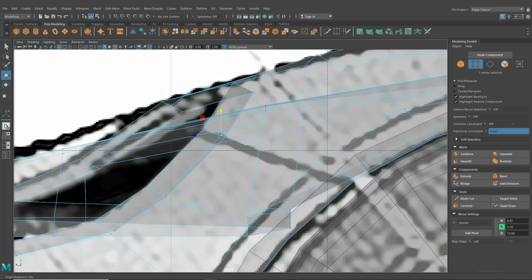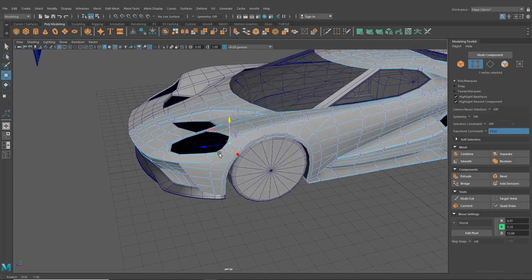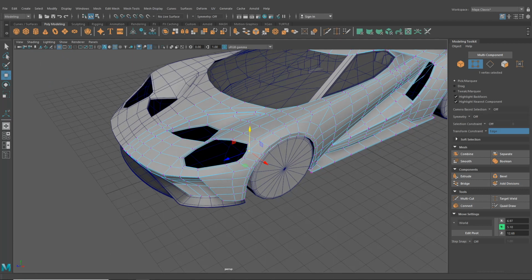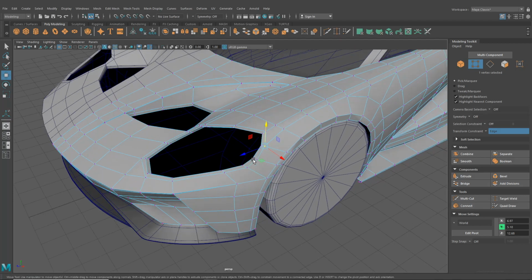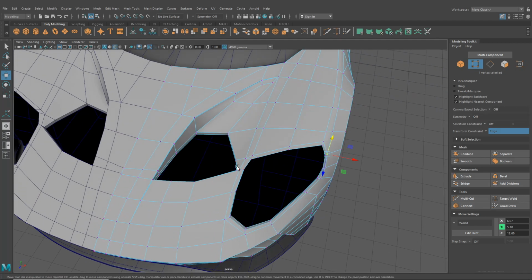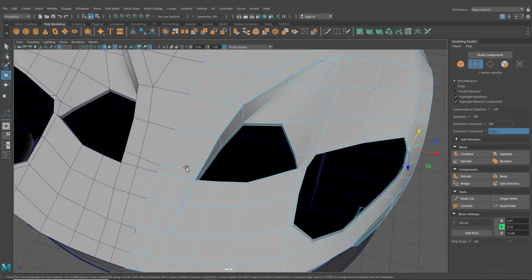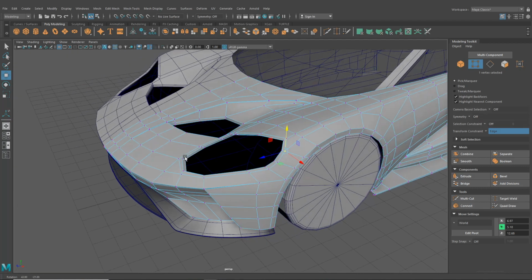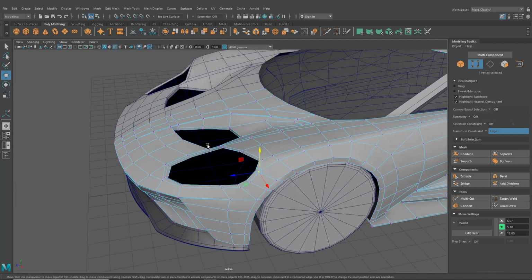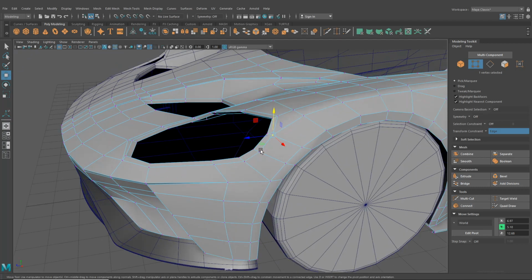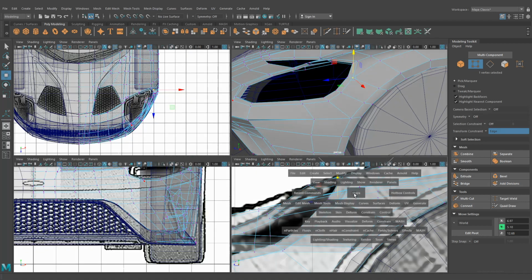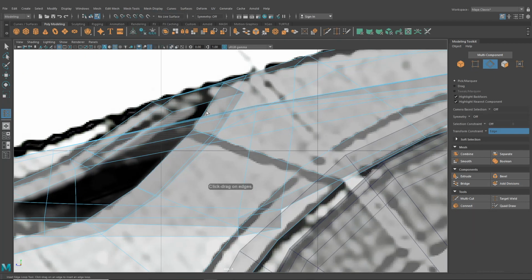Now I'm having a look again at a bunch of reference images, and the panel gaps on this car look super thin, like really thin. So I think the best idea for these is, well, it's actually, this one looks thin, this one in here looks thin, but then this one looks a bit chunkier. So that'll be chunkier because I assume we can access inside here for a little bit of storage or something. So let's maybe go in and add this in, and I'm gonna grab my insert edge loop tool,